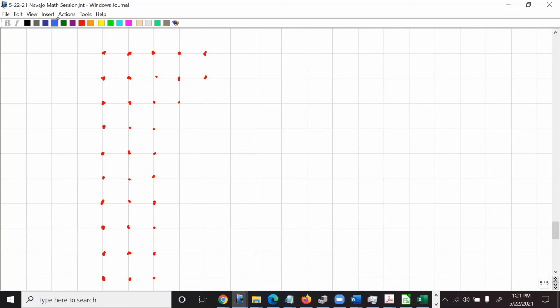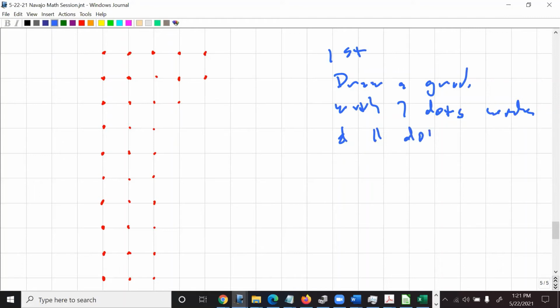There we had rules. First, draw a grid with 7 dots wide and 11 dots high. Does that make sense? And so it's specifying the problem. Second, draw rectangles